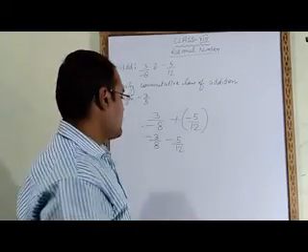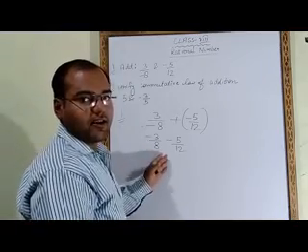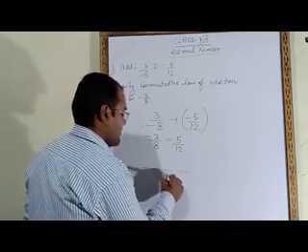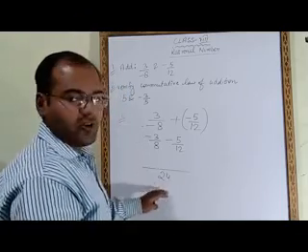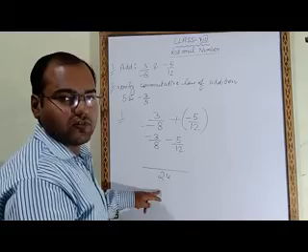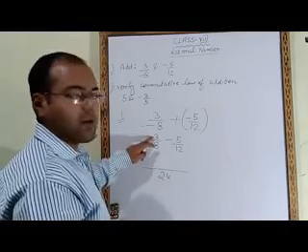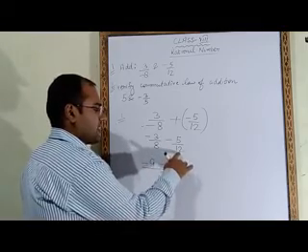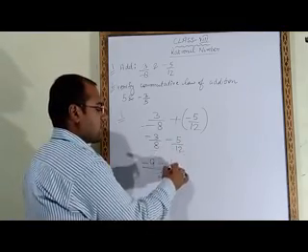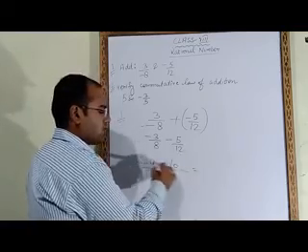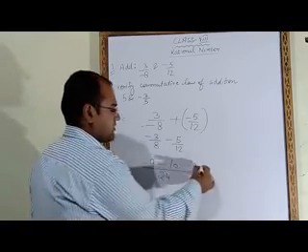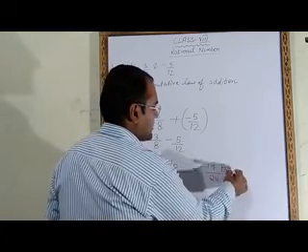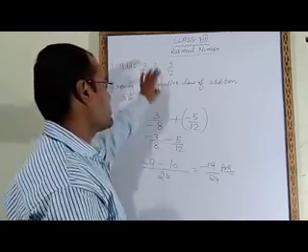Now next step is, we will take the LCM of 8 and 12. LCM of 8 and 12 is 24. So here under this we will write 24. 8 3s are 24, that 3 multiplied with minus 3, so this will become minus 9. Then minus sign, 12 2s are 24, 2 into 5 will be 10. Now on solving these two, minus 9 and minus 10, we will get minus 19 upon 24. This is the answer. So like this you have to do such questions.